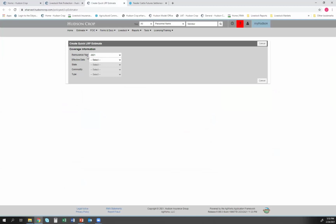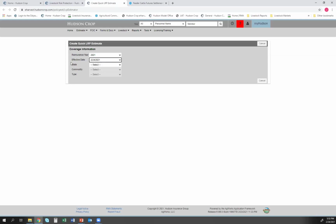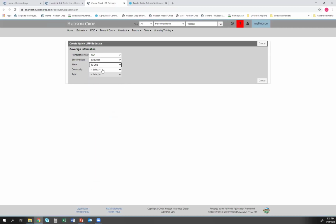So our reinsurance year, you heard me call it crop year a lot. They're interchangeable with livestock because they're one and the same. So we're in the 2021 crop year. We're looking at today's effective date. So for 2/24, since the board's closed for the day, we were to look at Ohio prices, which since it's a national index, guys, the state really doesn't matter, but just being respectful. So use your state. Commodity, if we were to look at fats,